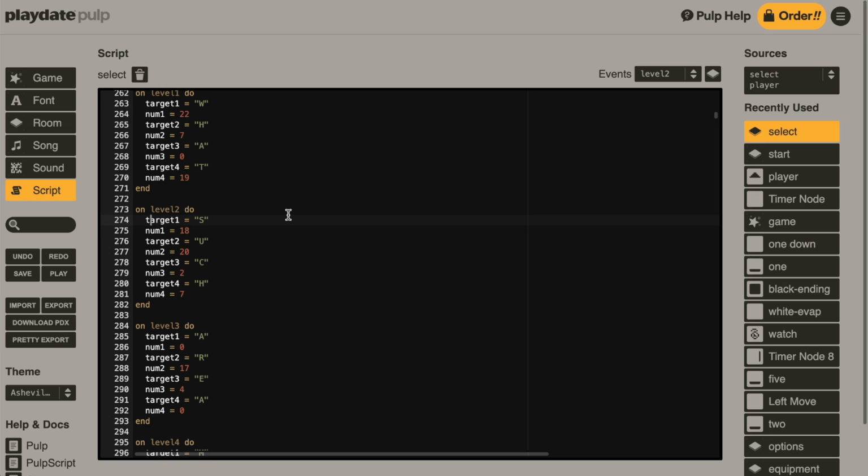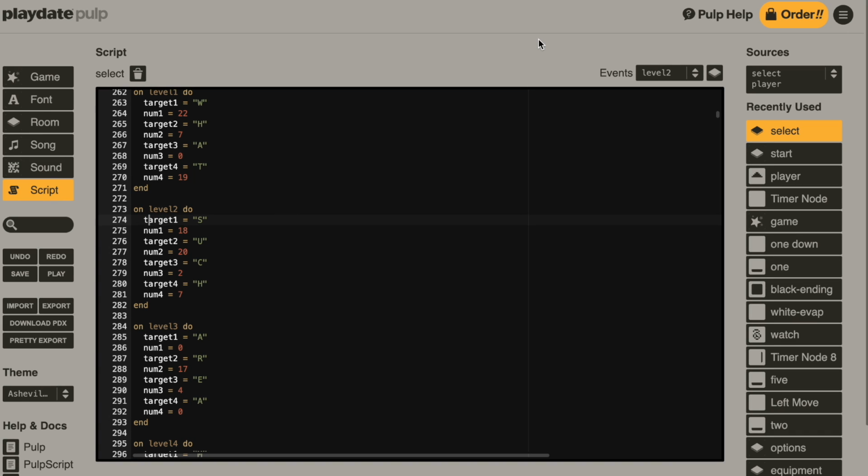But it's important to think about how you're passing your data, how these variables are all globally scoped, and how you can manipulate that data accordingly to create a game with some dynamic updating that maybe Pulp and PulpScript wasn't necessarily expecting. It's my guess. Right, so I think this covers a lot of what you should look for with coding in